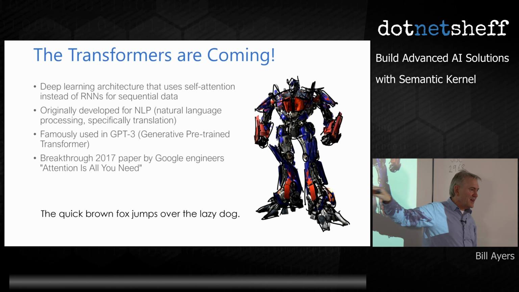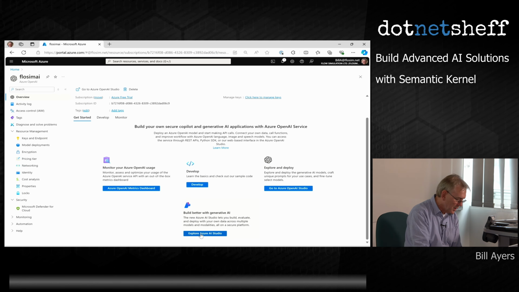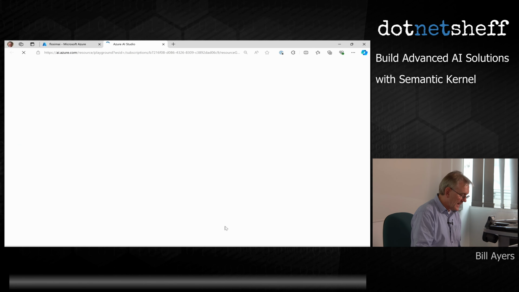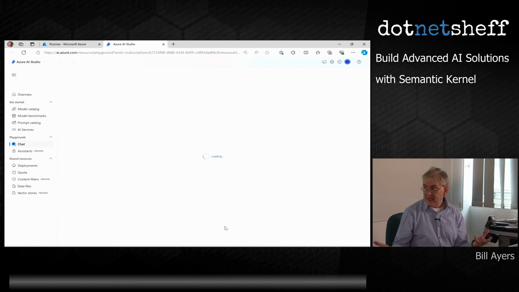You'll have to go through a process of being approved, and then you can create this Azure OpenAI resource, which then comes with a couple of studios. There's the old one, Azure OpenAI Studio, and this new one, which is Azure AI Studio, which doesn't just have the Azure